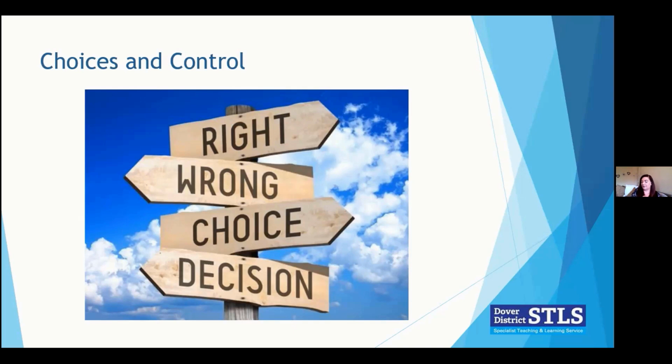So you need to remain an element of control. You need to offer safe and appropriate choices, and you need to take time to discuss the options. Often we as adults assume that the children know what the consequences of the choices they're making are. And actually that's not always the case. So it's about being really explicit in the way you're offering the choices and the consequences of that choice.